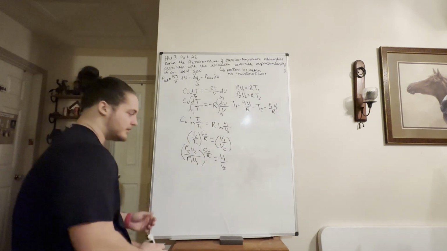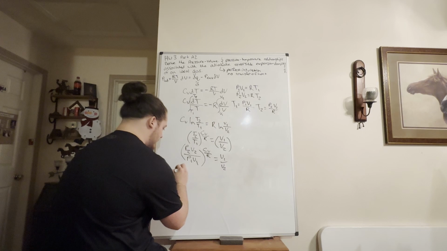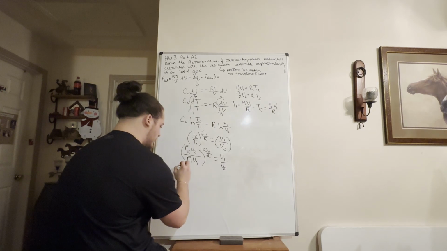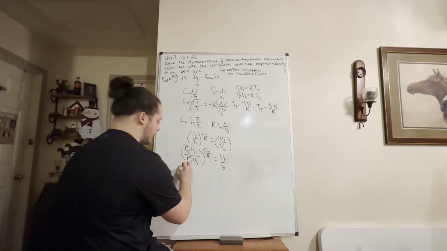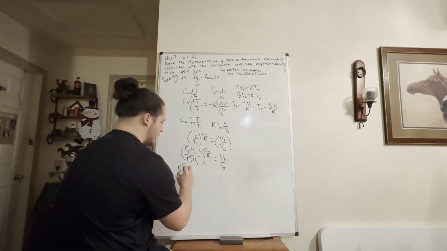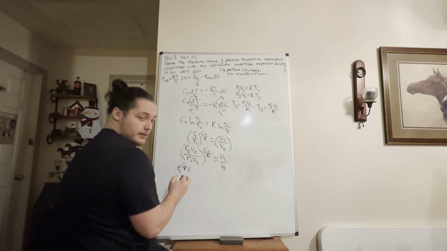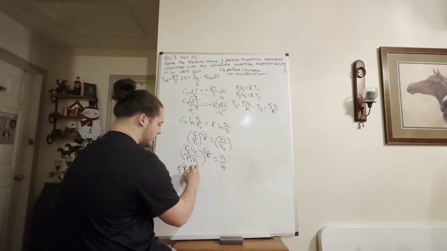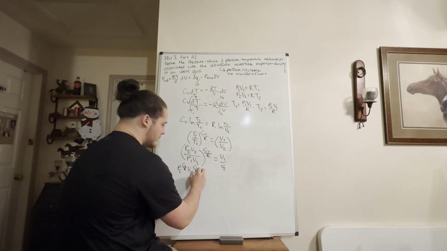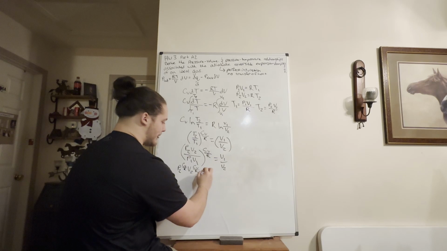So when we rearrange this more, we get P2 raised to our specific volume over R times V2 raised to the CV over R, and this is going to be equal to, we're multiplying this over, P1